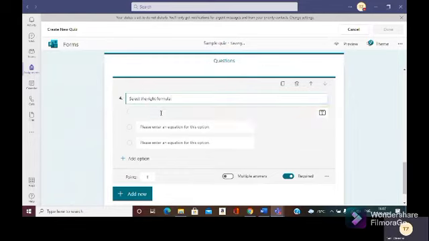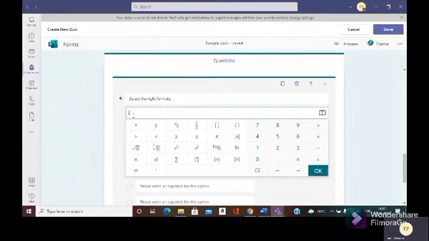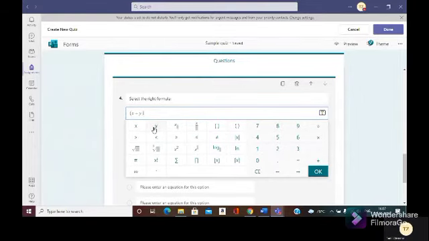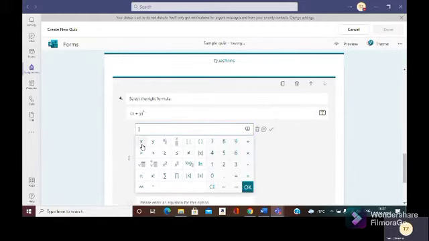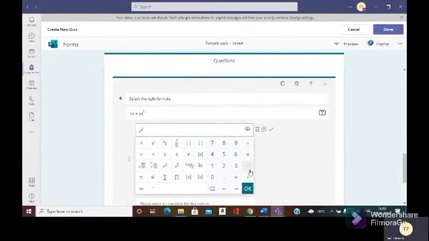Select the right formula I have typed, and here I'm going to enter the equation. So I'm clicking on x plus y, selecting the bracket, and this is the power. When I click this, it will automatically add the square. Now I'm going to type the answer, x square plus y.